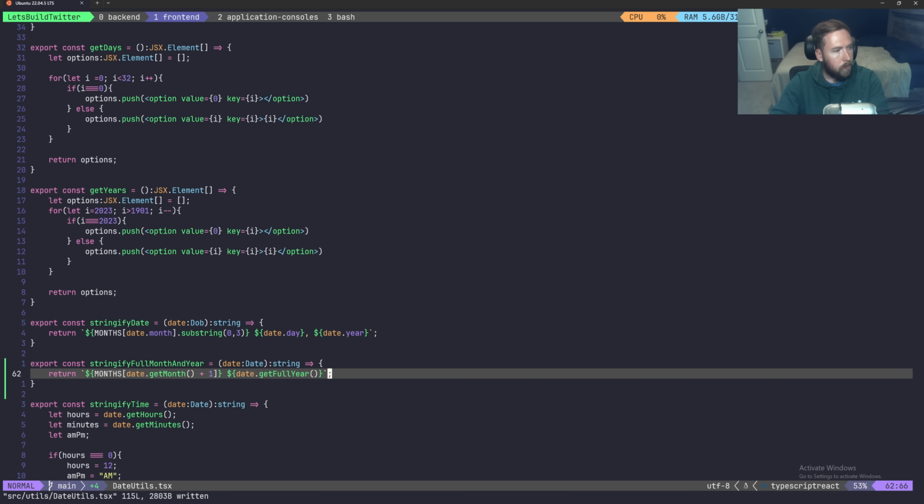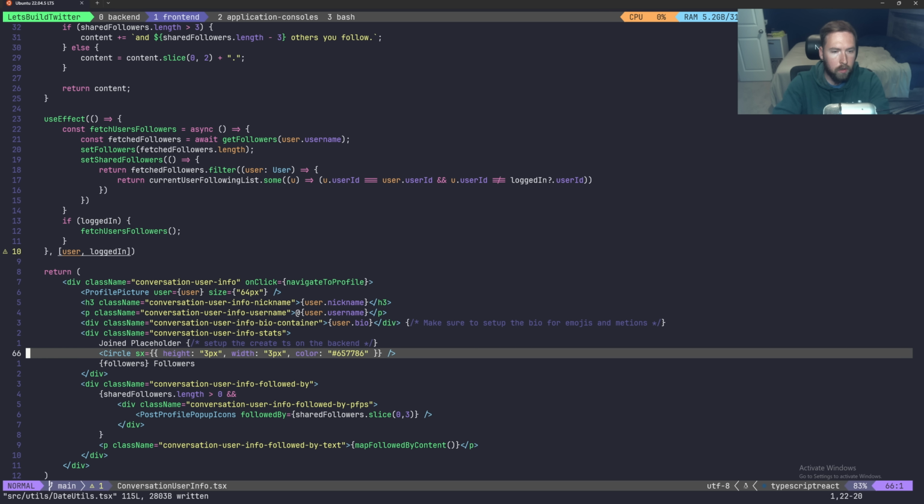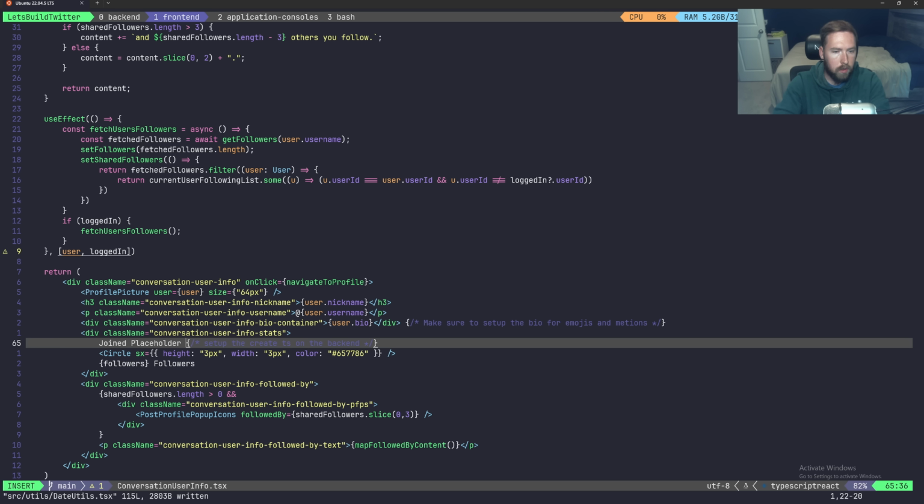So that looks good. So now we can go into our conversation user info component, change that, and display when the user joins. So let's hop into that component. Inside of our conversation user info, let's scroll down to where we have the placeholder. So right here, the joined placeholder. Let's delete this placeholder part. We'll also delete the comment out of here because we're going to throw our function in there. So now we can just call stringifyFullMonthAndYear, and we can pass in